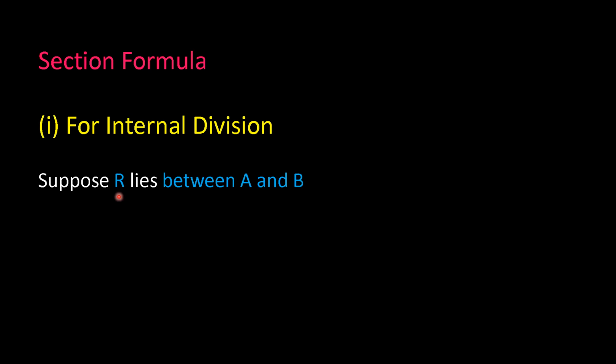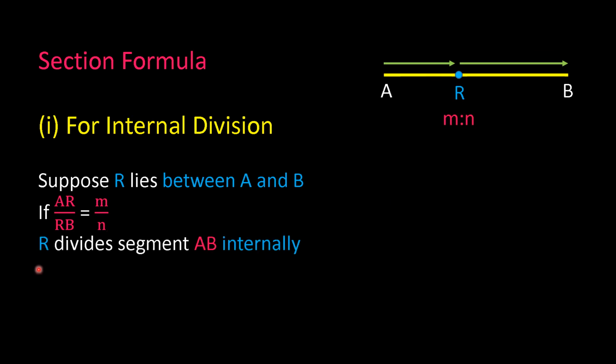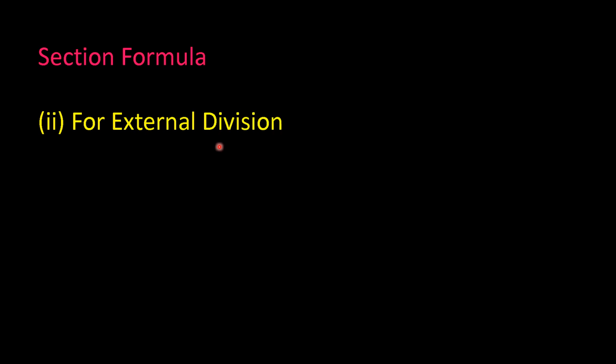Suppose point R lies between points A and B. If AR by RB equals m/n, then we say that R divides segment AB internally in the ratio m/n. In section formula for external division, suppose R lies